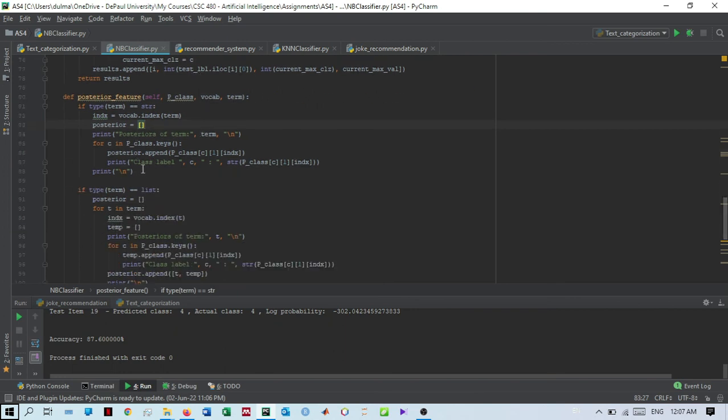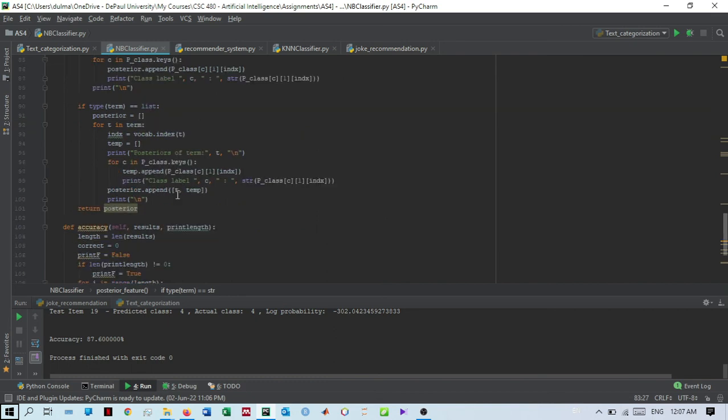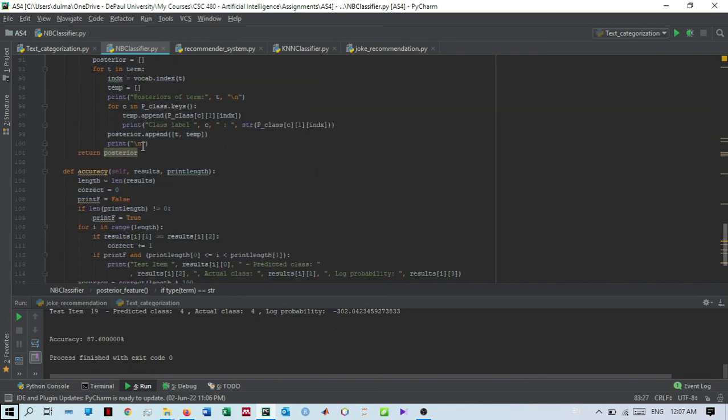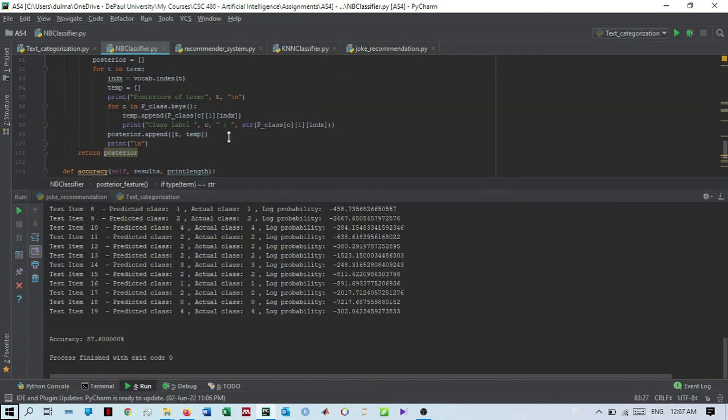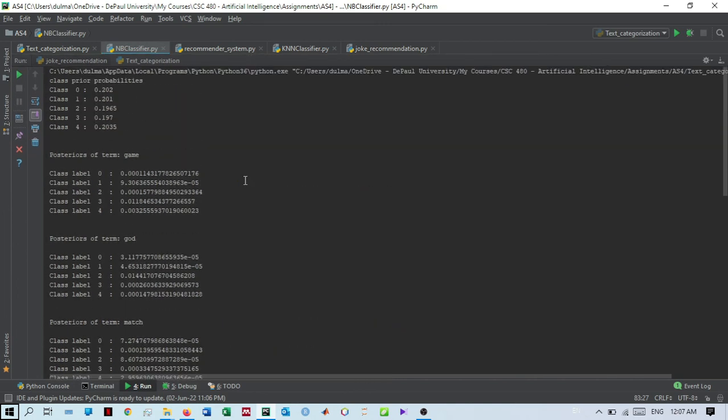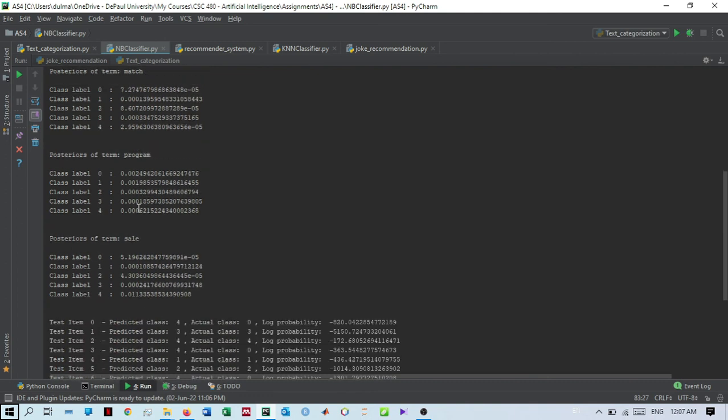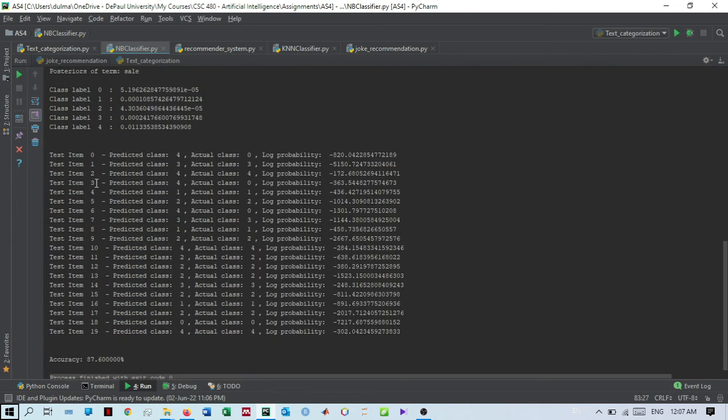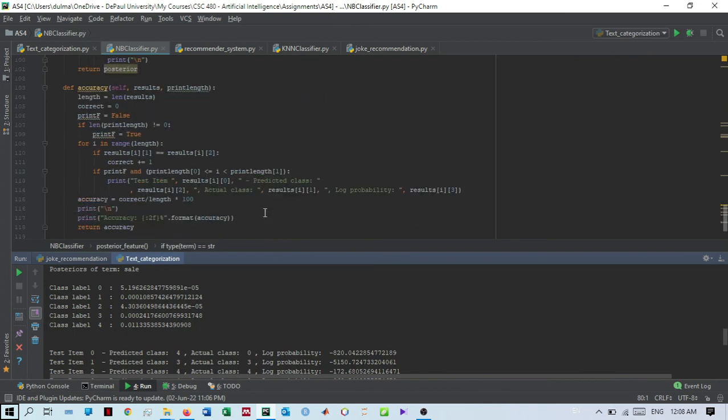Here you can see the posterior values are calculated, and with the terms or list I can calculate anything. This is the result, the class probability and posterior probability of each term, and I can calculate the predicted class and actual class of each given document, and also the total accuracy can be calculated from this class. Total accuracy is